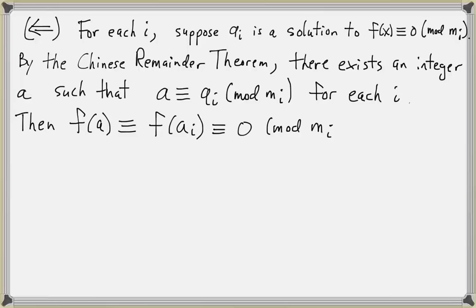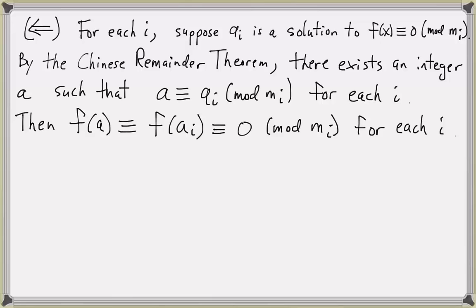And this works for each congruence, for each i. So we see that a is a solution to the congruence f of x congruent to 0 mod mi,